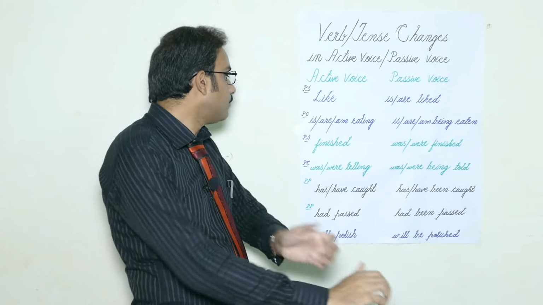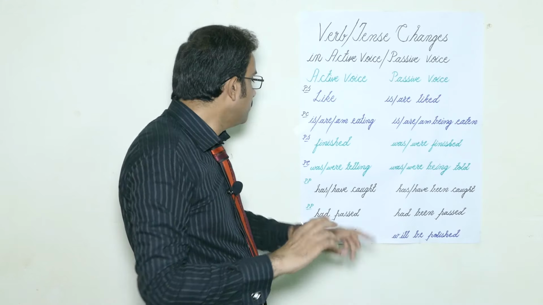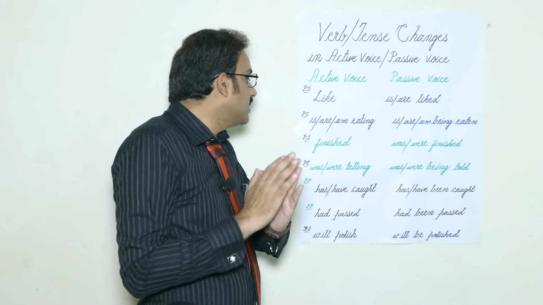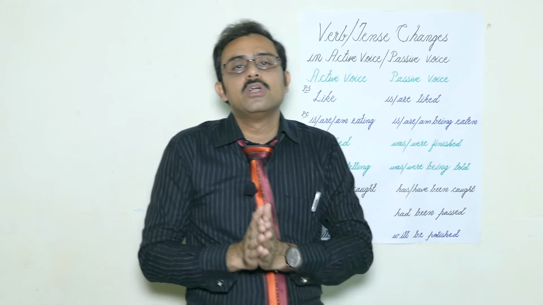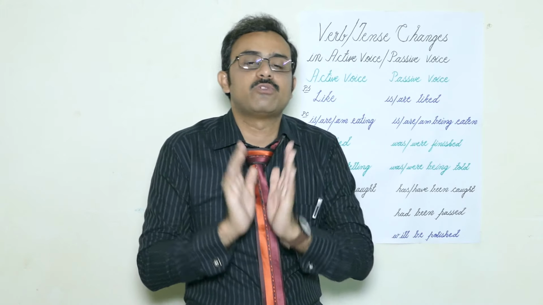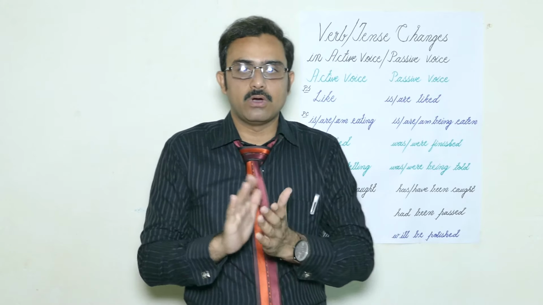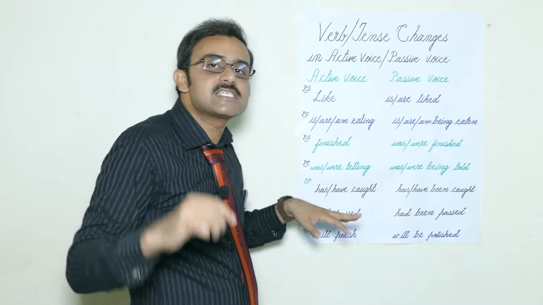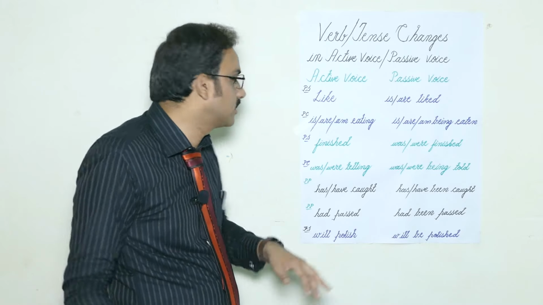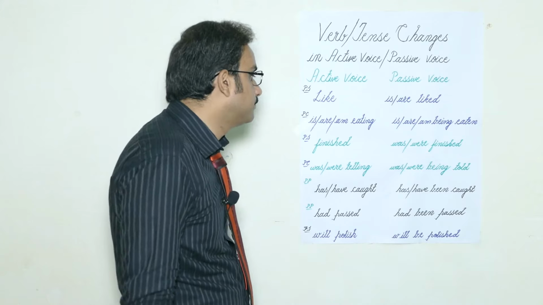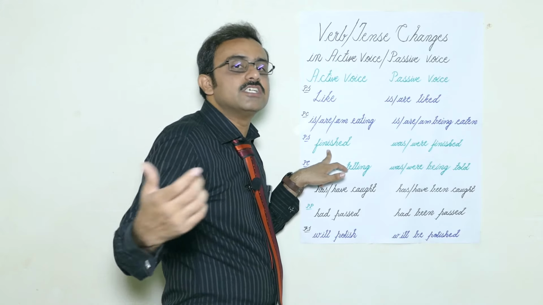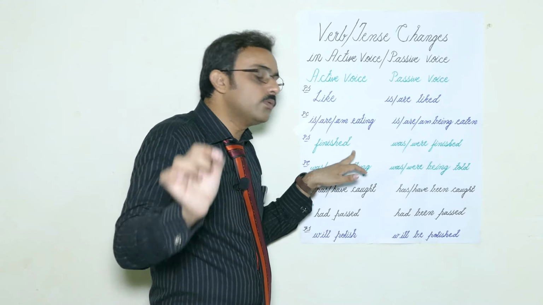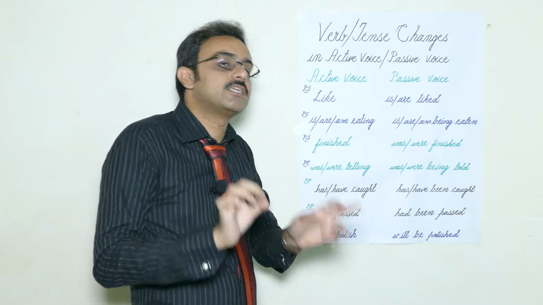Got that? So guys, now we move towards the past simple. In past simple sentences, as you know, we only use past tense form, means second form of verb. Second form of verb is always used in simple sentences of past simple or past indefinite. So, for example, they finished their work. Their work was finished by them.